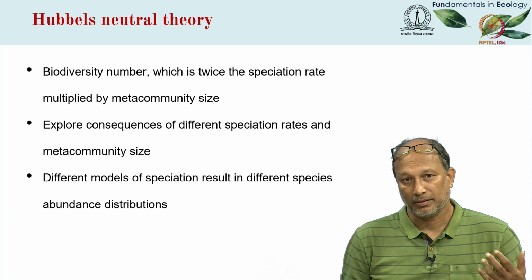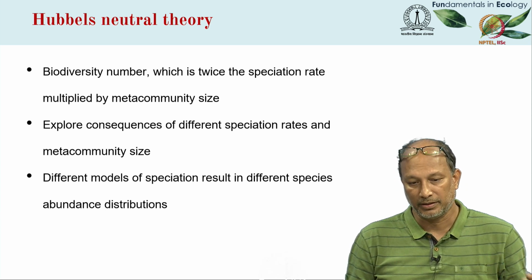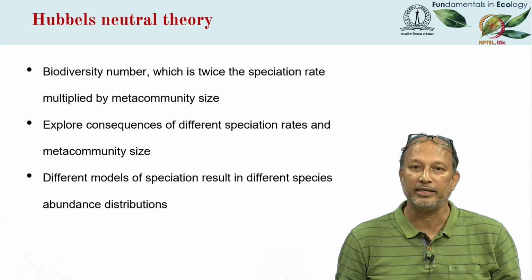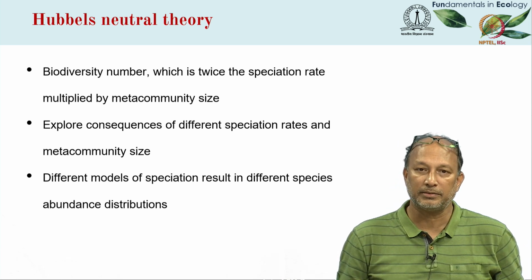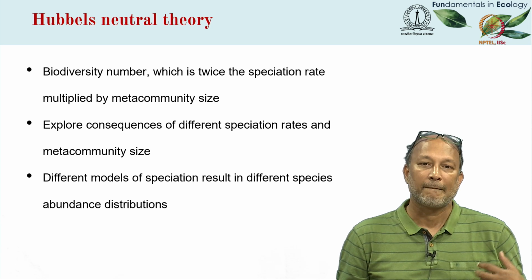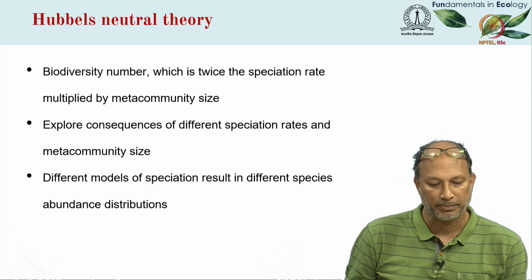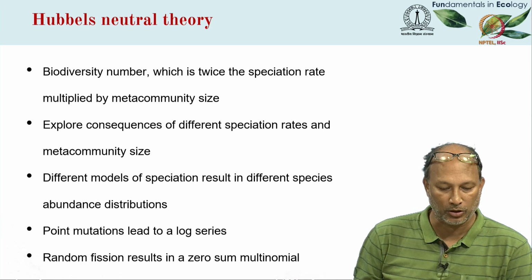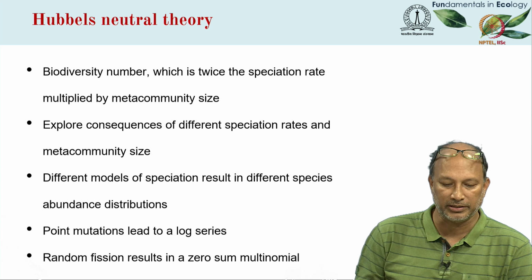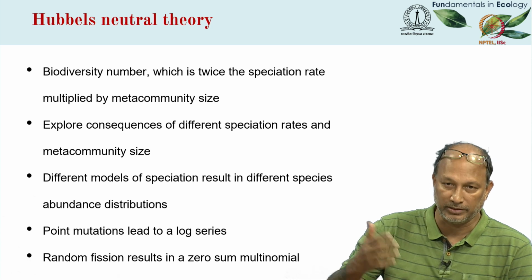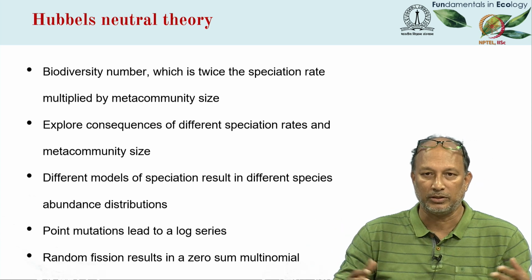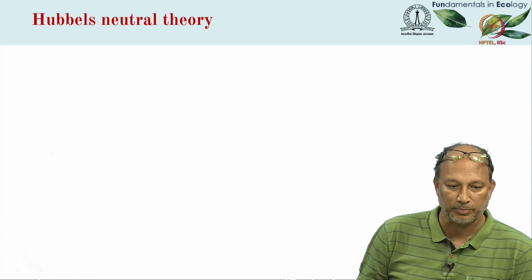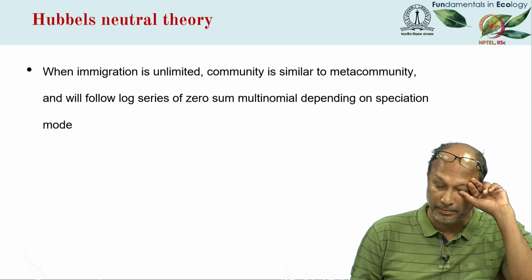And so Hubbell's theory, or Hubbell's unified theory of biodiversity and biogeography, incorporates the idea of speciation or evolutionary processes as well in producing a species abundance pattern. He showed that point mutations lead to a log series, and that random fission of a species into two results in what he called a zero-sum multinomial distribution,